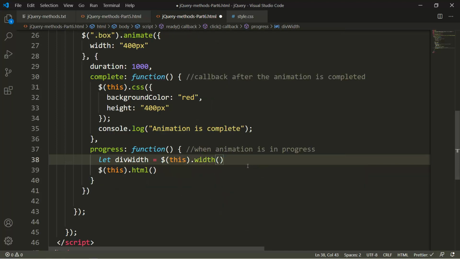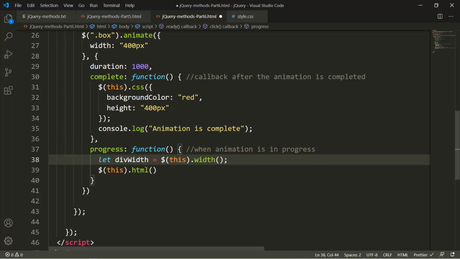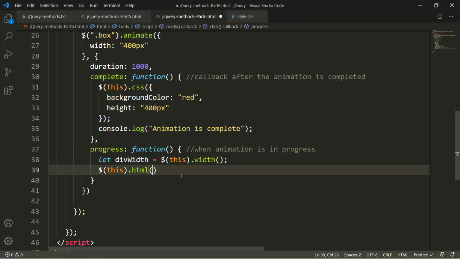We have a method in jQuery called the width method, which calculates the width of the div tag; I'll cover this method later. When the animation is in progress, I want to calculate the width of the div tag each time the progress function is called, and display that width inside the div tag itself. So take the div width and display it inside the HTML of the div tag.